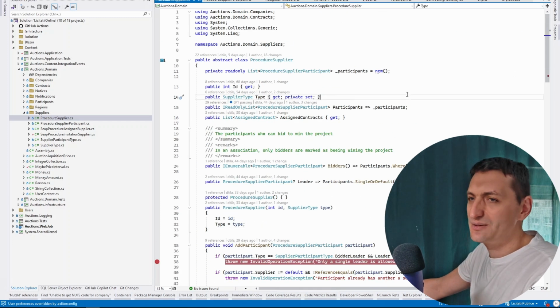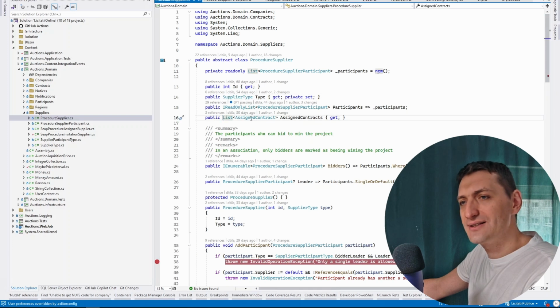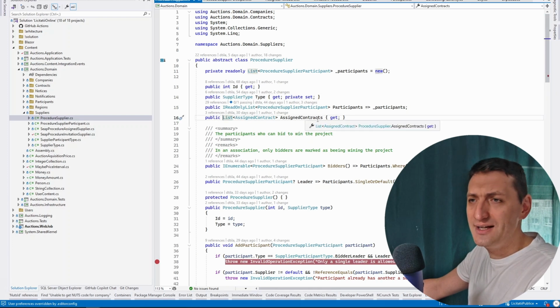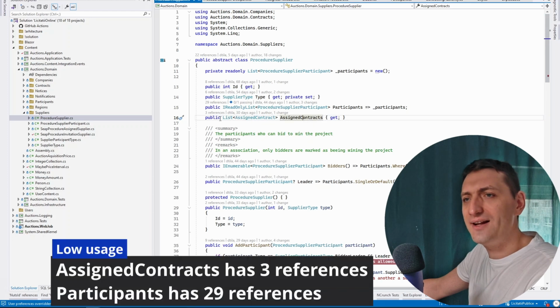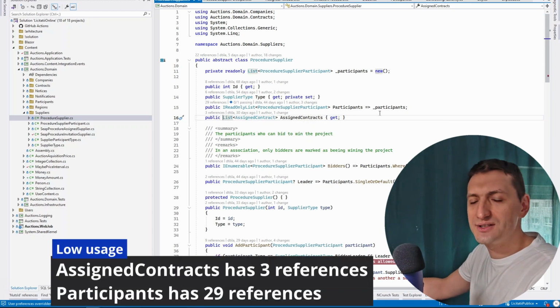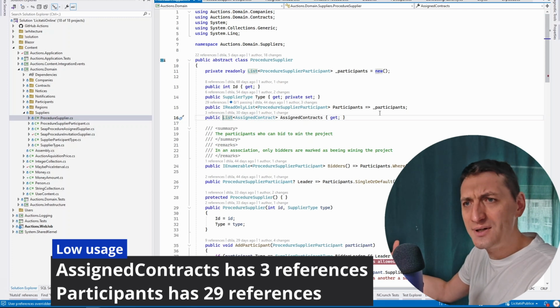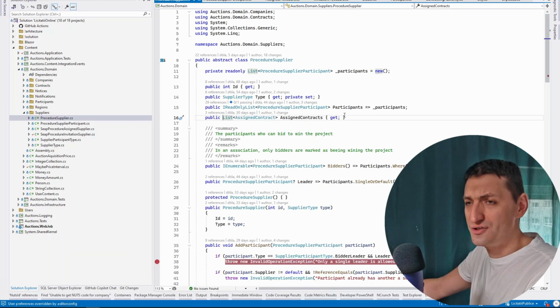Now, do you think this code is perfect? Actually, not at all. Have a look here. I'm exposing a private list, which should never happen. Even if I'm exposing this, it's a private. The fact that it's a list allows consumers to add and remove contracts here. Now, I'm not controlling right now the signed contracts, but you would typically do the same story I did